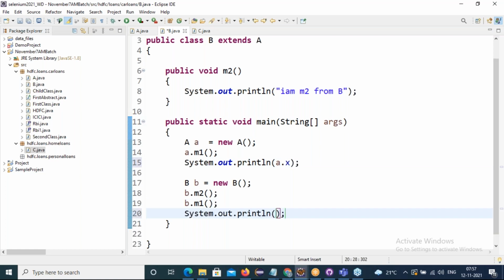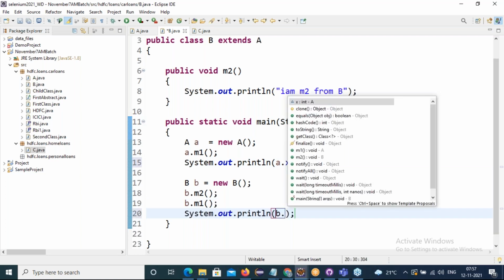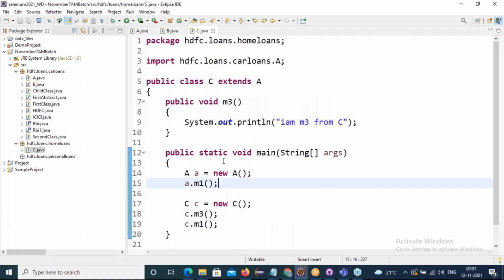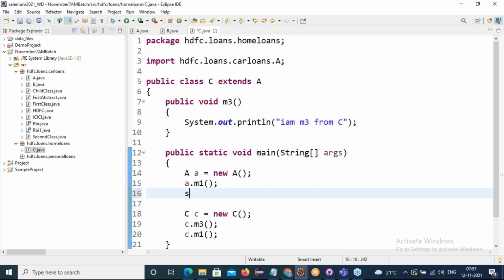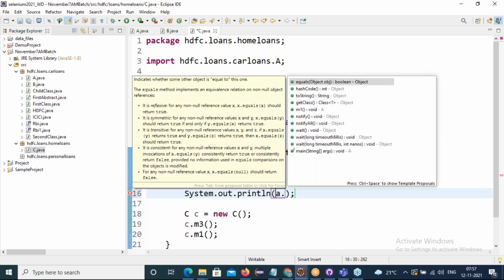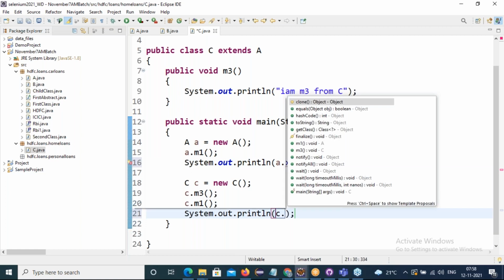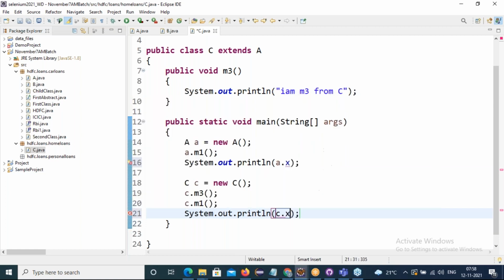Now come to the different package class. Can I access default variables here? No, we cannot. Even with the parent reference, we're not getting the x variable. Even if we give it forcefully, we get the error. Even with the child reference we cannot see x, because x is a default variable.